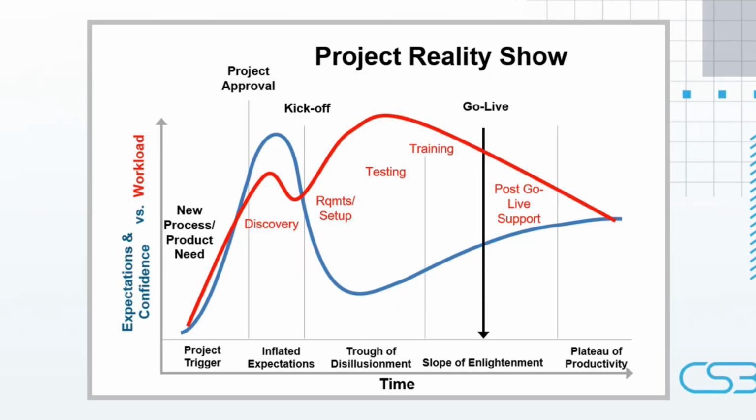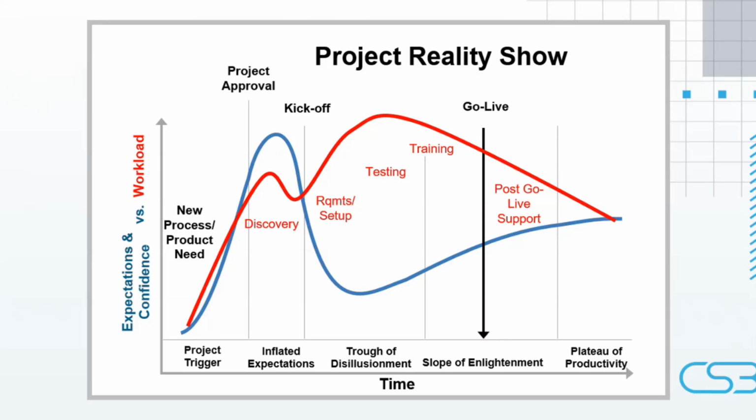Well, thanks, Robyn. My key thing is implementations are tough. And a key slide I like to show in our kickoff meetings is the project reality show. We've got the blue line that represents expectations and confidence, which tends to be high, especially at the kickoff of the project. And then you've got the red line, which is the workload, which often lags behind the expectations because as workload increases and the project moves past kickoff, you typically see